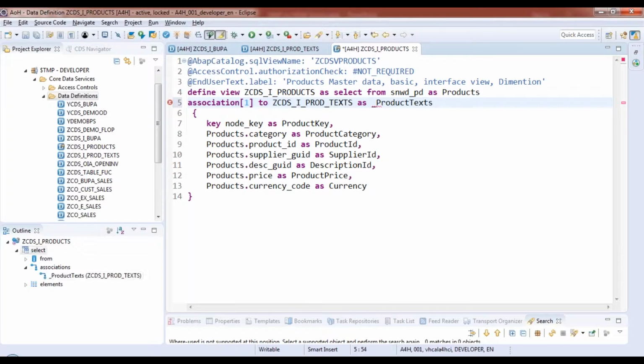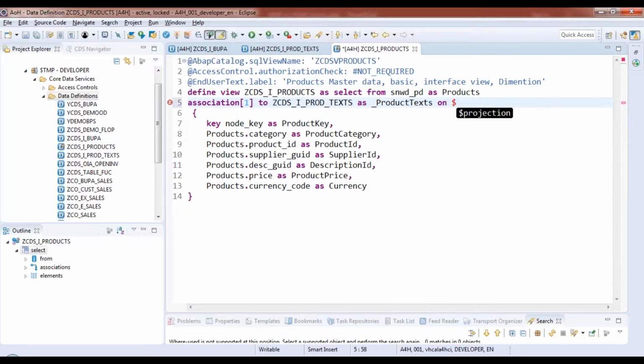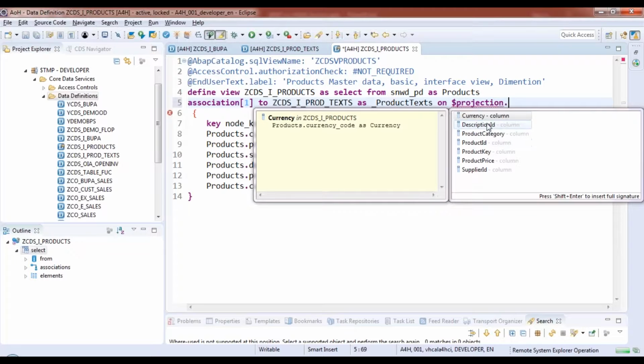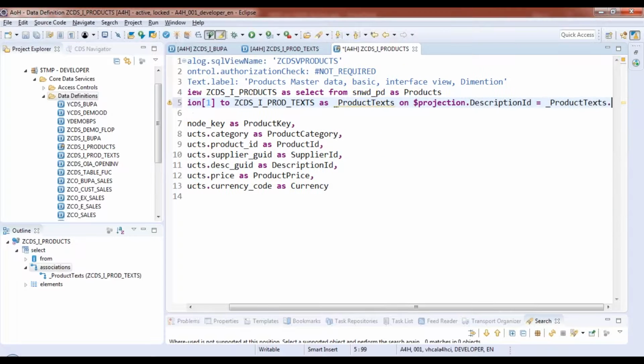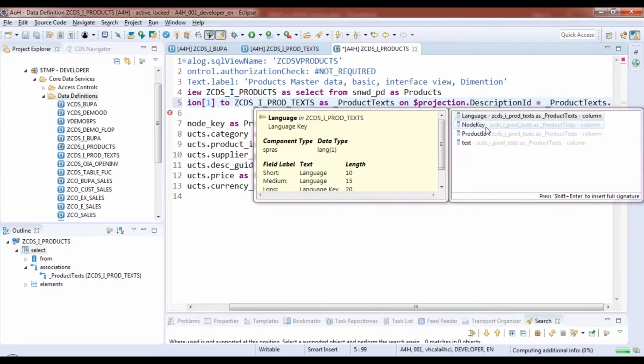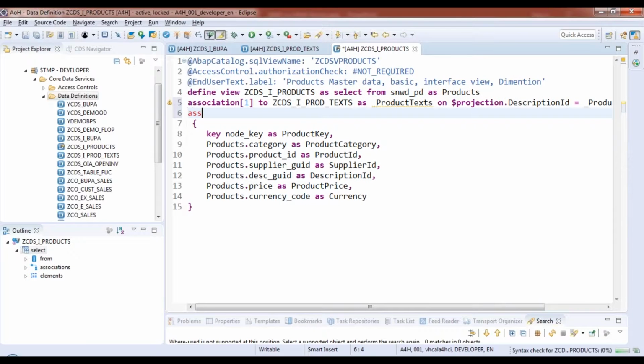This is how S4HANA is built, guys. S4HANA CDS views. On what join condition, $projection dot, and I just get now description ID of this, which is going to join with my product text association name dot its semantic key, which is node key, very good,